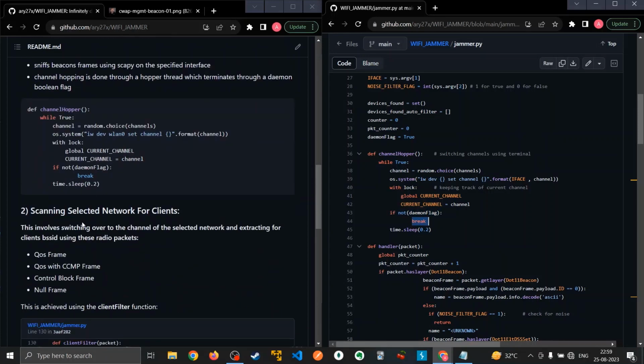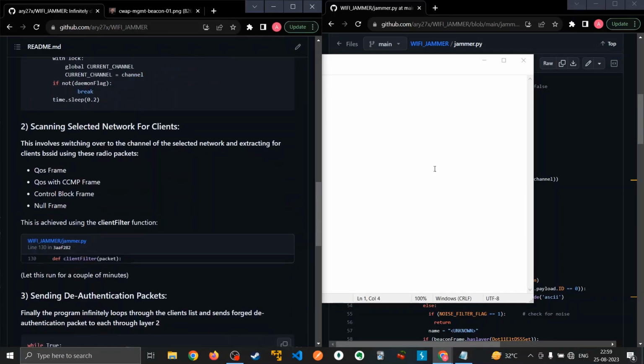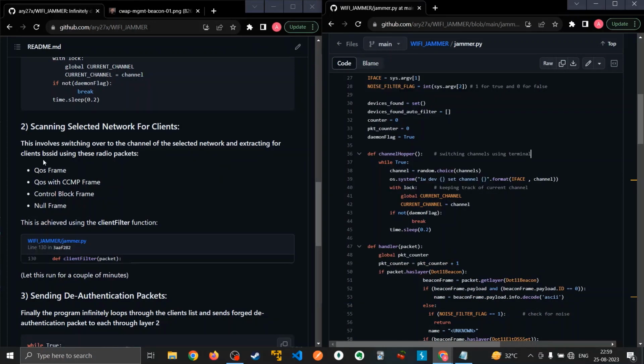The second function is when we select a network, out of all the networks that we have sniffed, we scan for the clients which are present on that network. What I want to say is, in the previous example, we had, let's say, networks X and Y working on channels 3 and 7 respectively. Let's say we want to jam network X. We select network X, and then we look for different clients or devices connected to network X. That is done in the second section of this program, and that is achieved using